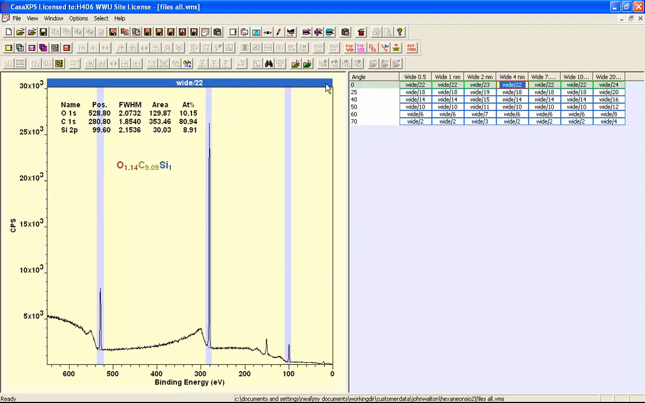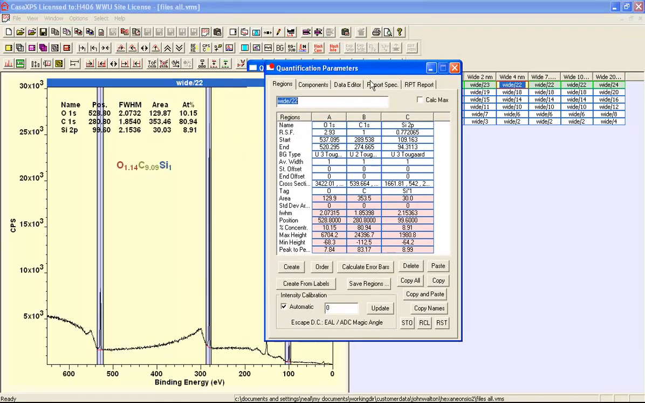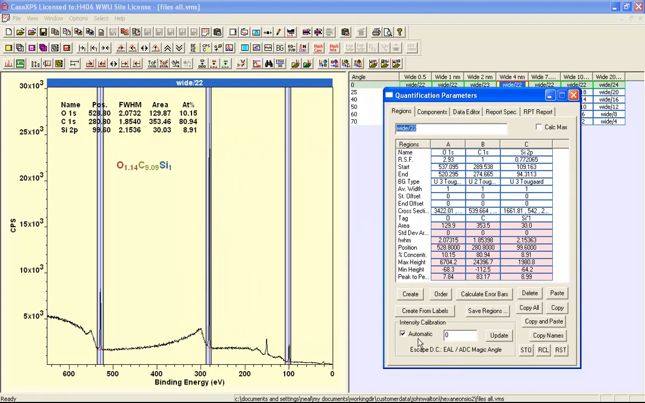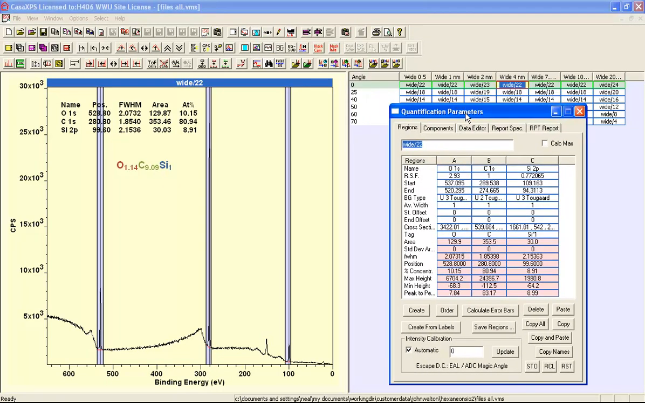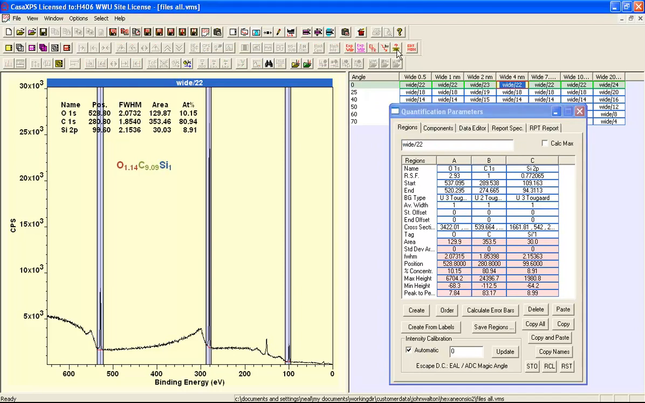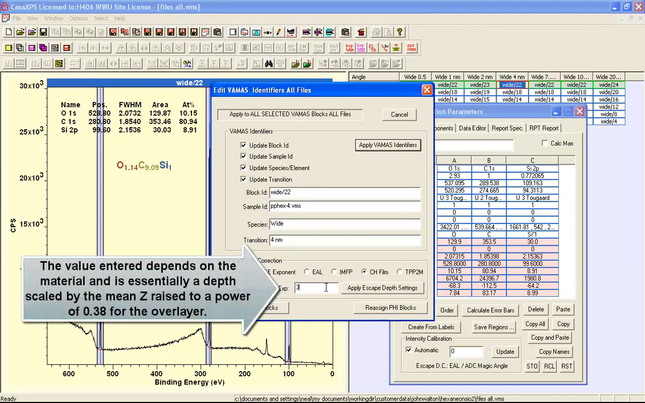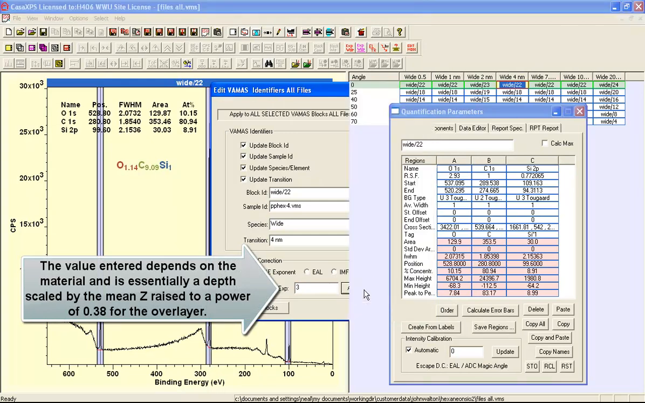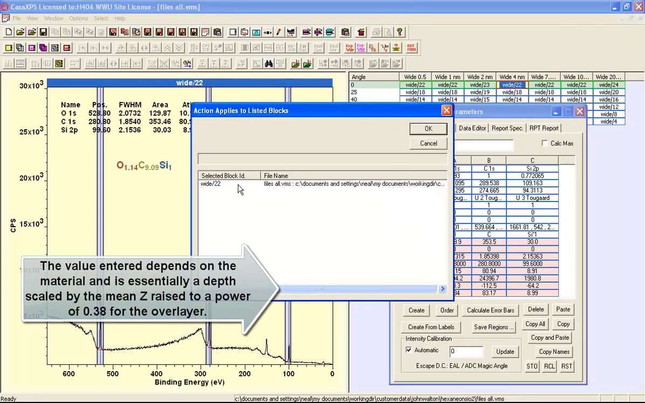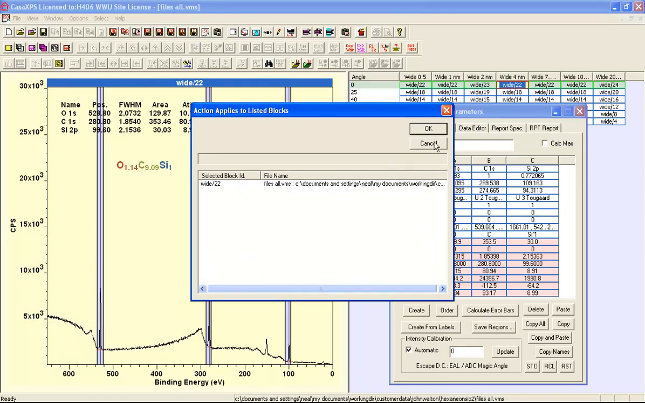So now let's do a different type of correction, and this time we're going to use a correction that is based on not a bulk material, but we're going to use a layer of carbon on top of some other material, and so we're going to use what is referred to as a CH film correction. I need to enter a value here, so I'll put a value of 3 and I'll press apply, and this is going to update the selected VAMAS block,